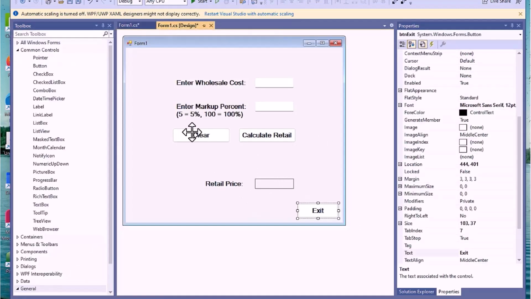We'd like to do the clear button, but let's think about this a second. First of all, what we're going to do, we're going to clear out these two and these things right here and then set the focus at the wholesale cost. We want the user to come in and be able to type down in here, hit the calculate button, get an answer, and then do another one by hitting clear and popping himself right back up there. So we're going to double click on the clear button,